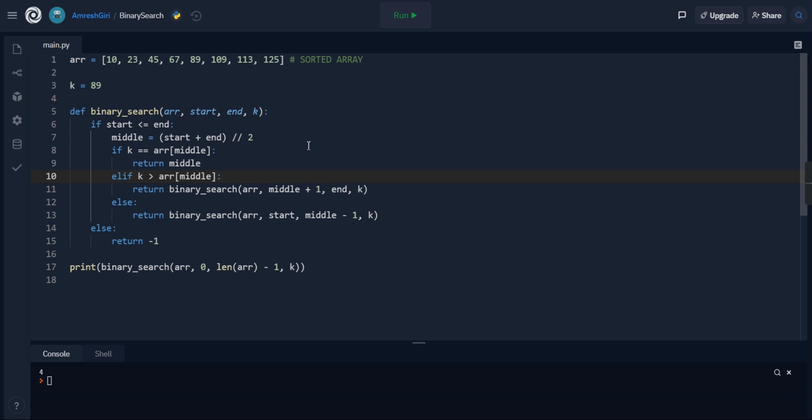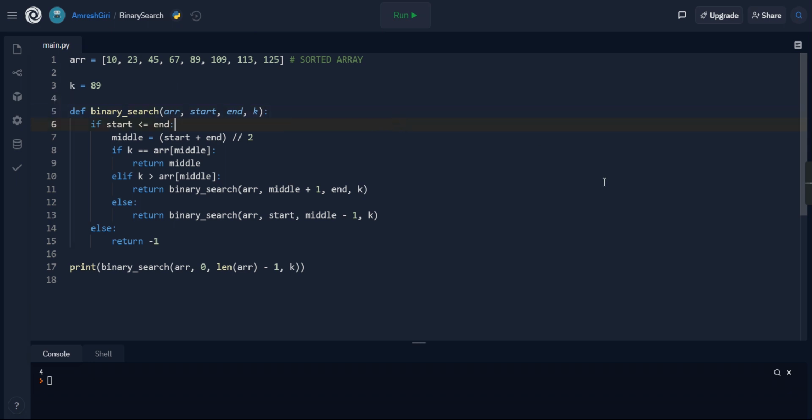Let's iterate through the approach once again. So the basic idea behind binary search is nothing but your array should be sorted. You have your element that we are looking for. In the first step, you check whether the element is in the middle or not. If it is in the middle, then simply return it. If it's not in the middle, then we check whether the element we are searching for is bigger than the element in the middle. If it is bigger, then we call the function again. This time we change our boundaries, the start and end boundaries. If the element is greater, then we discard the left side. We continue the search in the right array, and repeating this process, we will get the index of the element that you're searching for, right?